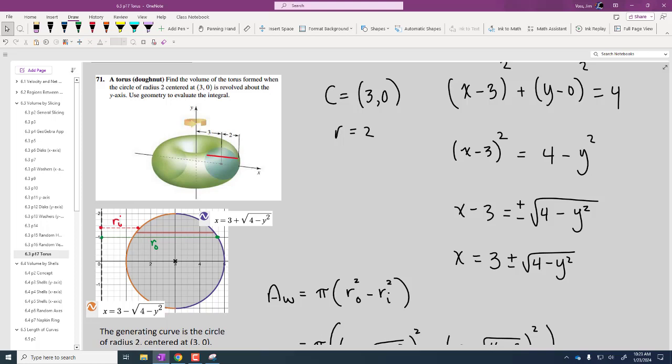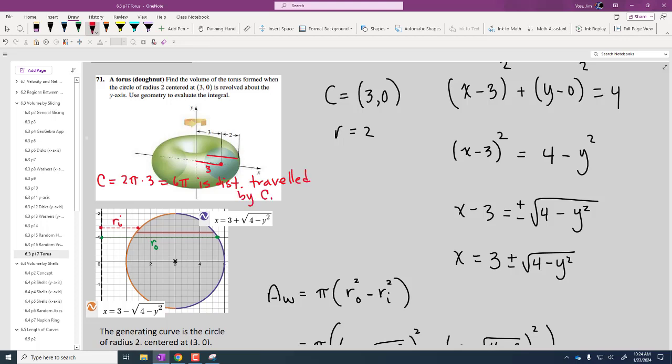The center of mass, when you have uniform density, is dead center. If you have a circle of radius 2, the center of mass is right in the middle. So what we could do is take that average point and multiply it by the distance traveled by the average point. If we were being super clever, we could say, there is the average point, aka the center of mass. And how far does that average point travel? The circumference of the circle of radius 3. So the circumference of the circle of radius 3 is 2 pi times 3. So 6 pi is the distance traveled